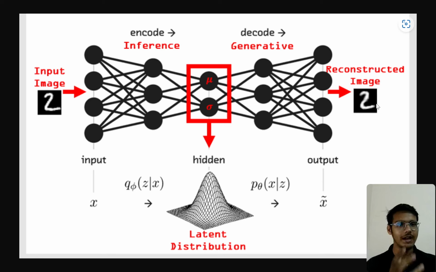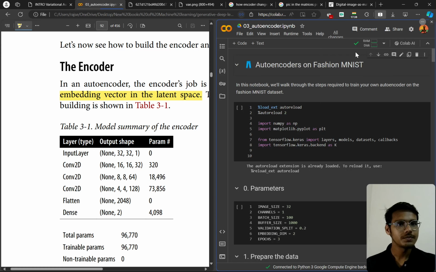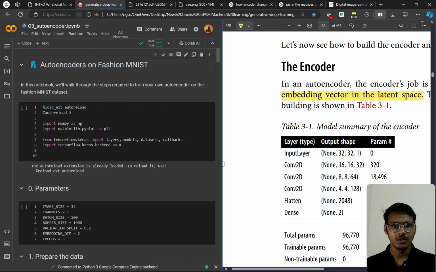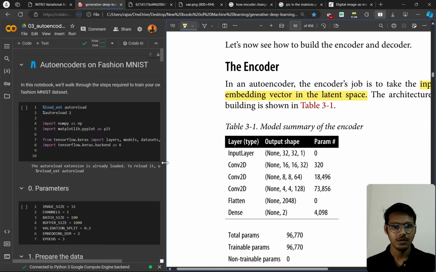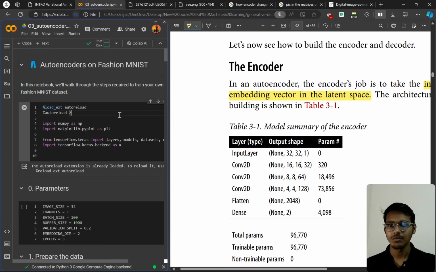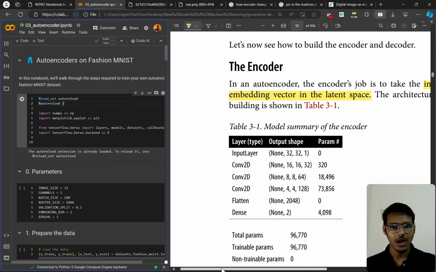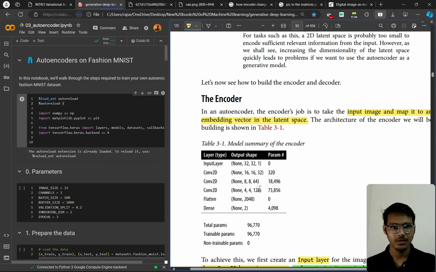And you also. I'm just splitting the screen, guys. Okay, I am just making it small. I hope that